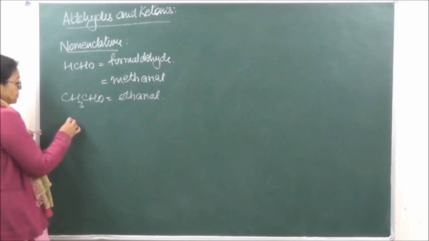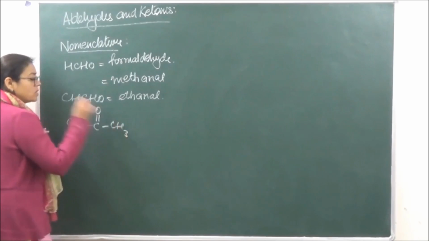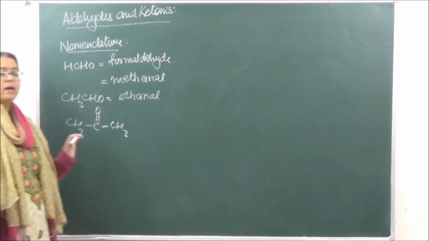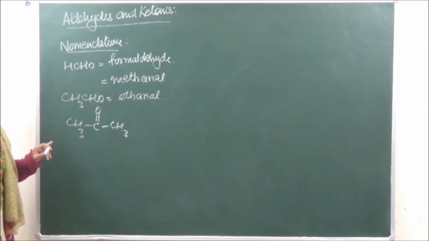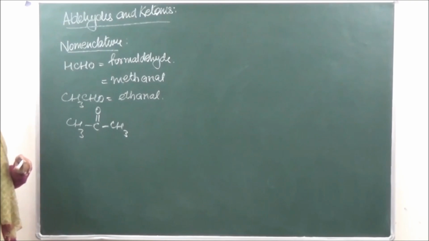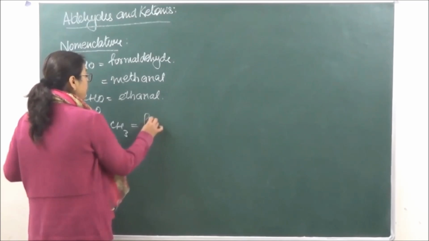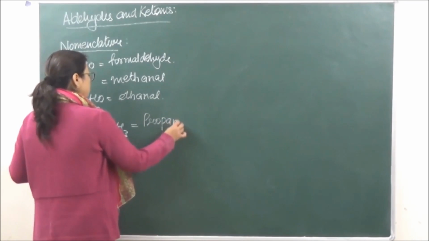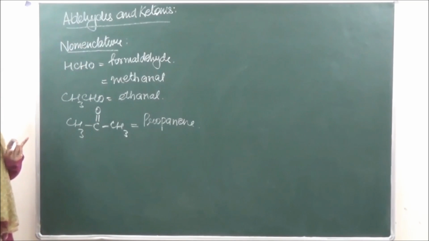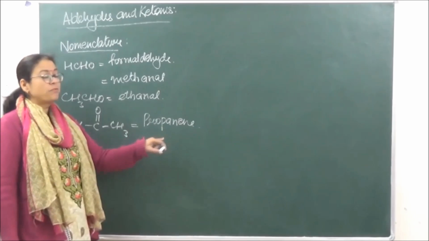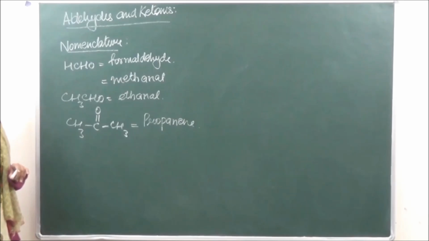So we have the lowest member with 3 carbon atoms. Below 3 carbon atoms, no molecule or compound exists in ketones. Its common name is acetone. Otherwise, if you are taking the IUPAC name, then it is propanone. This can also be written as propan-2-one, but because this is the lowest member, if we write just propanone, it is understood that the keto group is present at the second carbon atom.